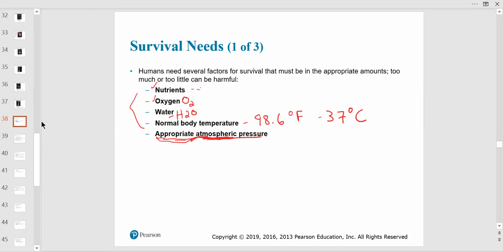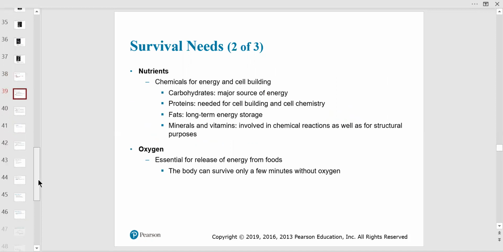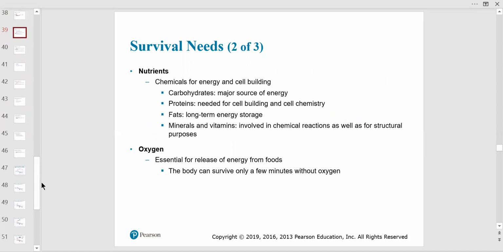Water, of course, our universal solvent. All our reactions happen in the presence of water. Okay, this kind of breaks it down a little bit more. And you already memorized these. You can tell me all this, right? And you can even tell me what glucose is now. You know about amino acids. You know about fatty acids. You know about cholesterol, basically what it is. Lipids, right? And we'll talk more about minerals and vitamins, but calcium is a mineral.